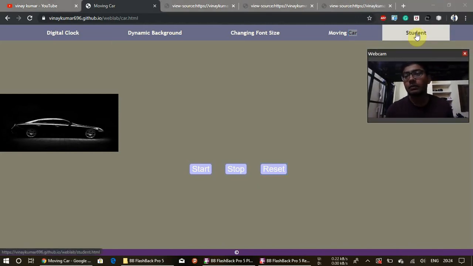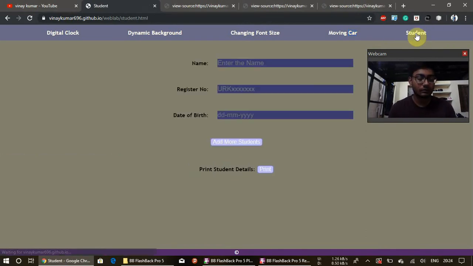And the next program is student. Here I created an array of objects where each object describes a student, with properties for the name, register number, and year of birth. I iterate the array of students and display it on the web page. For each student, I print the student name and register number, like John and his register number, and